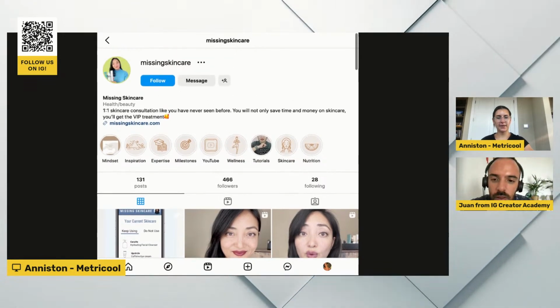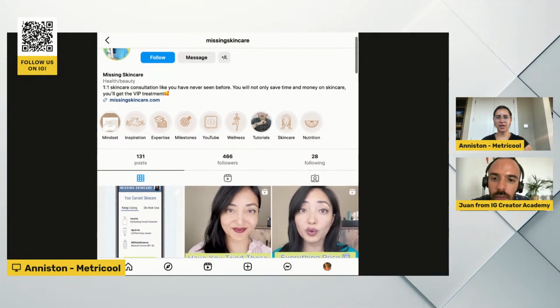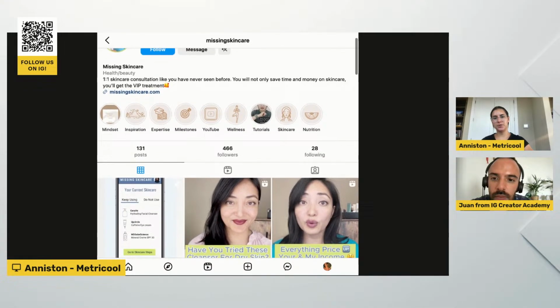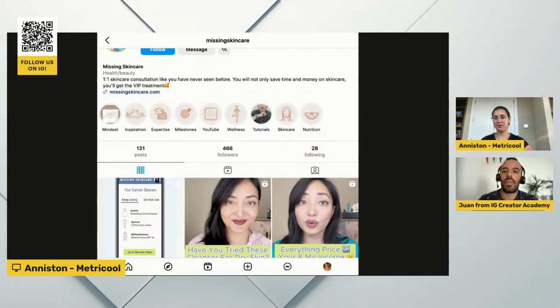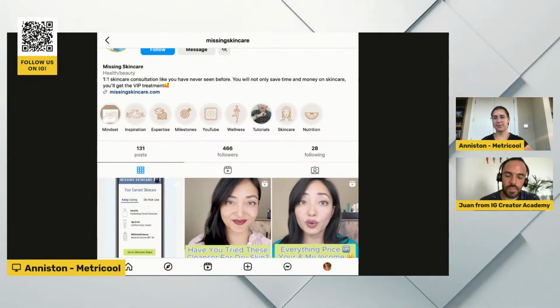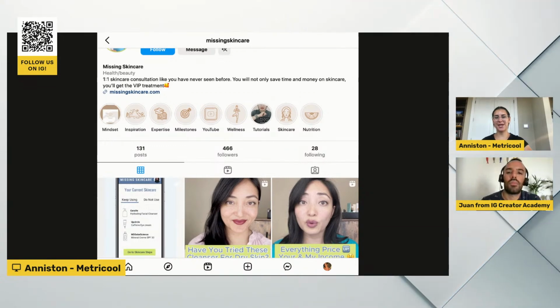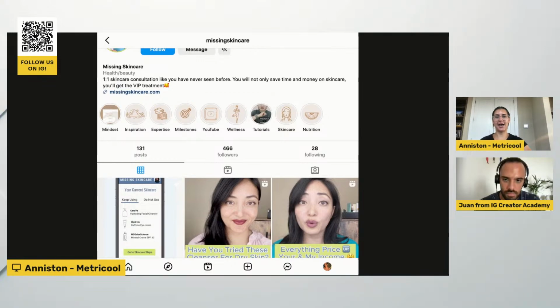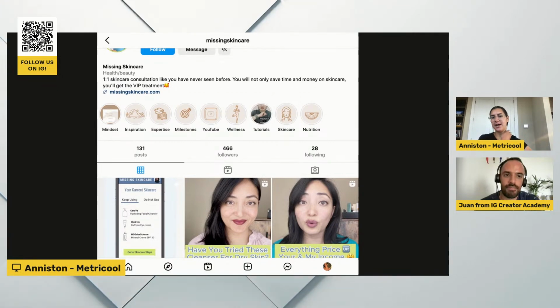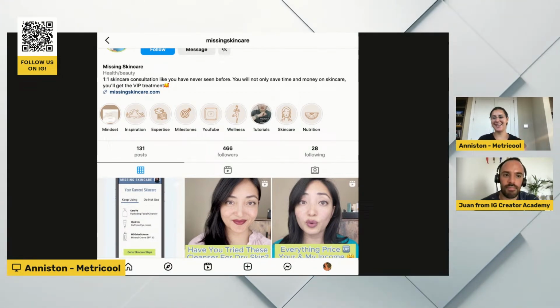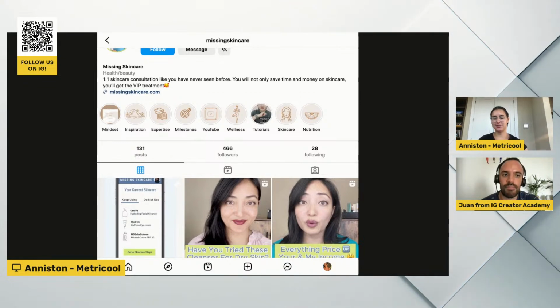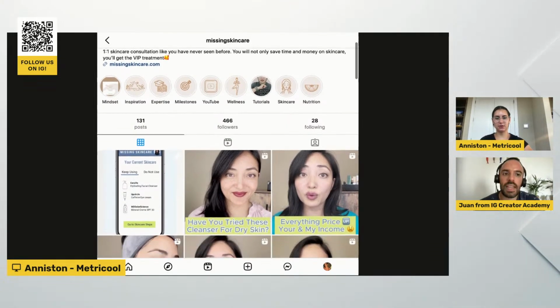Yes. Okay, let's scroll. Also, playing on the Missing Skincare part, because it's a little bit confusing: okay, what is Missing Skincare? Where does that come from? I'm assuming it's the skincare products and skincare treatment that you've been missing. So I think playing on that, the one-to-one skincare consultation that you've been missing in your life, something that shows you've been missing this, and now we're here to help you find those skincare treatments. Exactly.